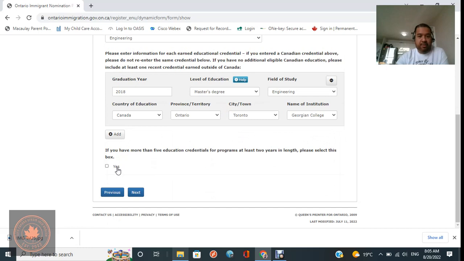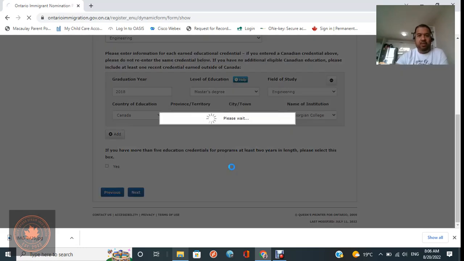And then if you have more than 5 education credentials for programs at least 2 years in length, please select this box. You have to select that. So normally you just need to fill in here your highest education. So if you have a master's, I don't think you still need to fill in your elementary education, secondary education, and even your college education. So just fill in your master's degree, especially if it's already been assessed by the World Education Services or WES or any agencies that assess your education to match with the Canadian qualifications. So next,